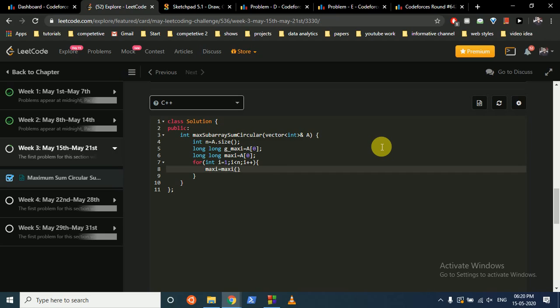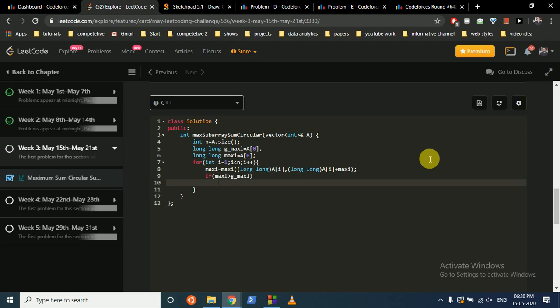So I take only this element, or this element and the maximum till now, which is maxi. Whenever this maxi becomes greater than our global maximum, we update our global maximum with maxi. So this is the normal Kadane's algorithm.